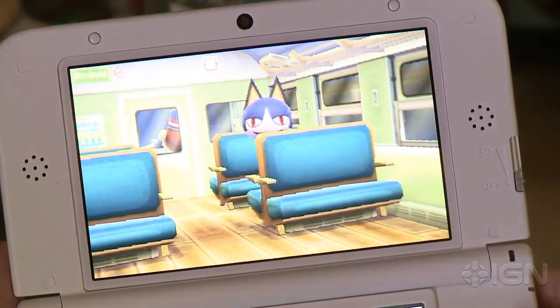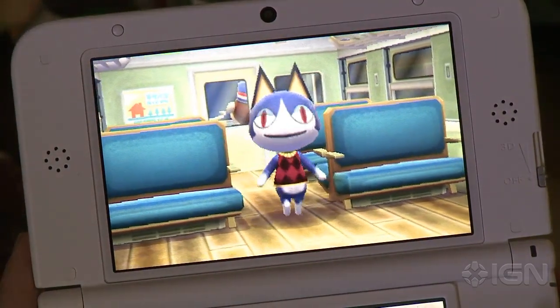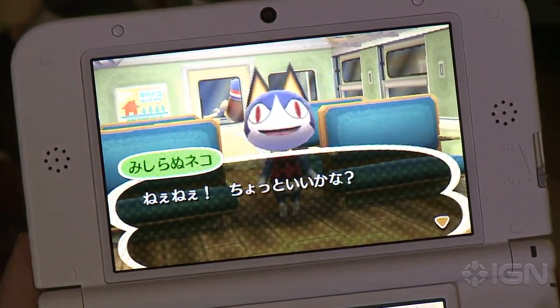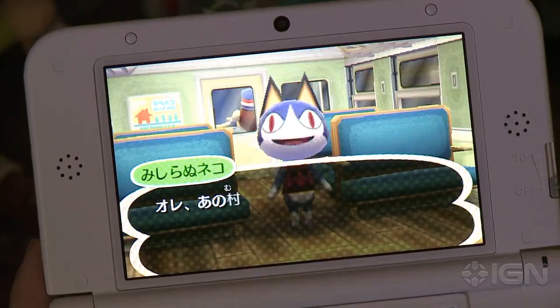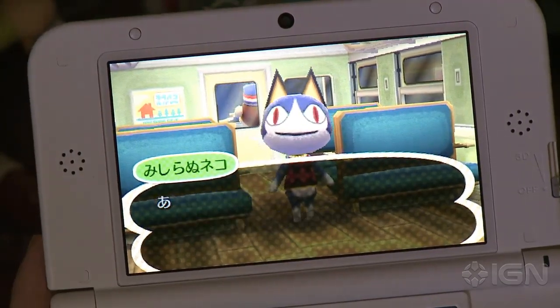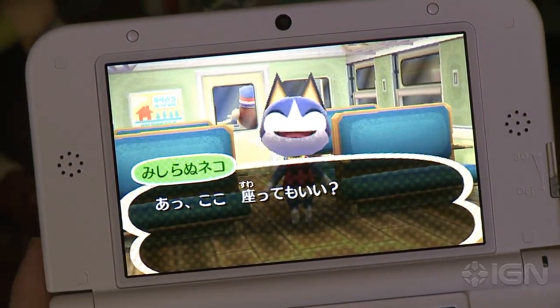This is a lot like the GameCube beginning. I don't remember how the Wii version began. I think it was a bus, wasn't it? I didn't really play it. I wasn't that crazy about that one. Anyway, so now you have the cat Rover. So he asked,